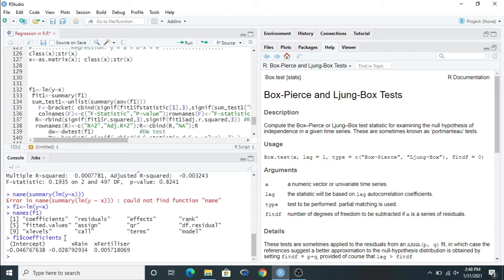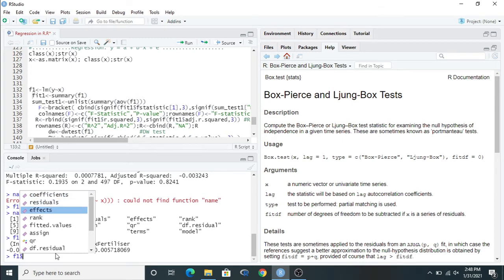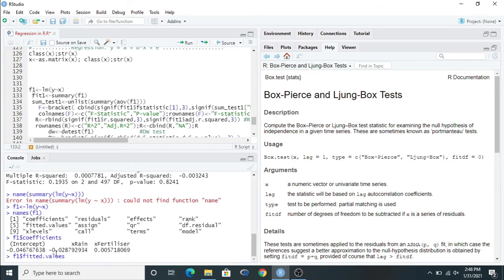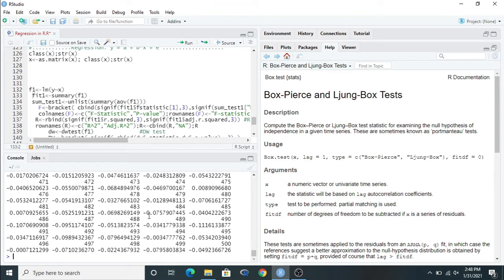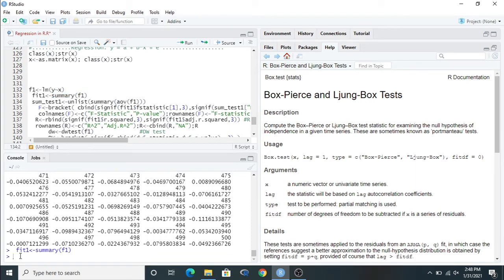In the same way, if you want to extract the fitted value, put f1 dollar sign, come to the fitted value, then enter. It will show the fitted value for the regression model. This is the simple way, but we are going to use the summary result: the summary of f1 will be stored in fit1. Just run the same function name,